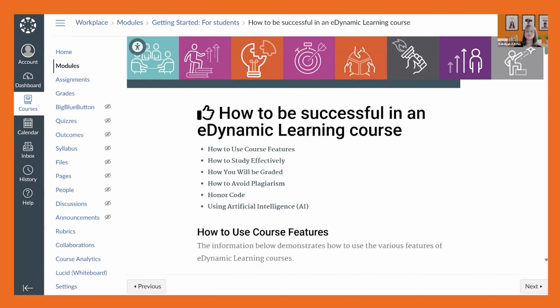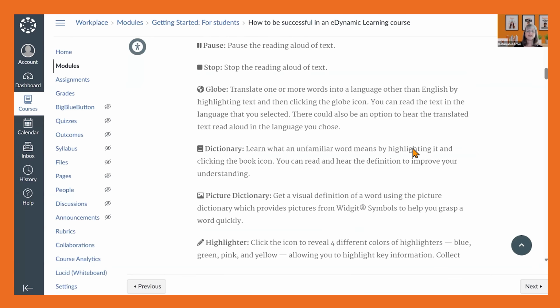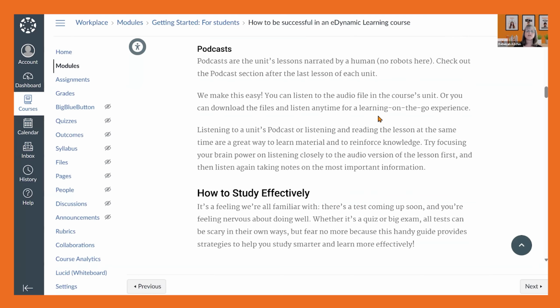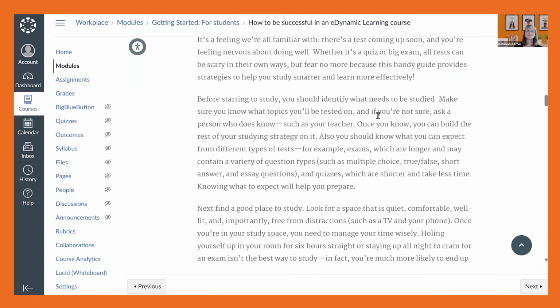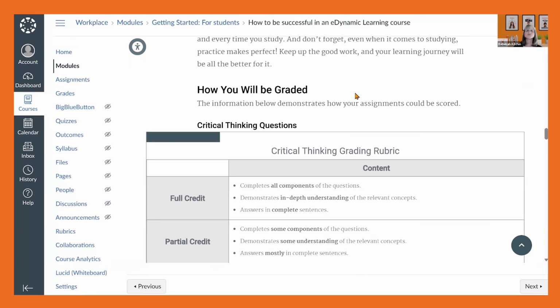We're going to look at some of those in more depth, things such as the literacy support toolbar and the podcasts. So we're going to look at those as teachers, but the information is here for students as well. There is a study skills section. And then there is a place where you can discuss with your students not only the rubrics that they're going